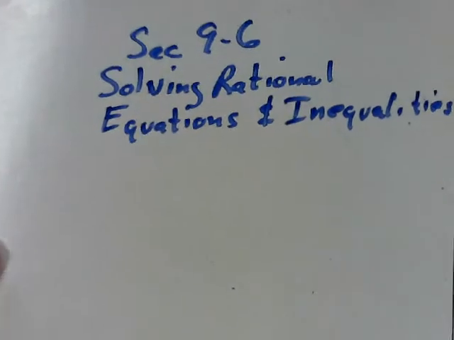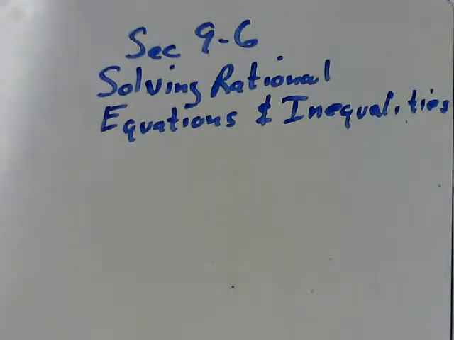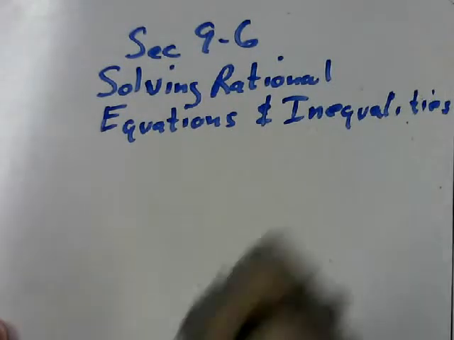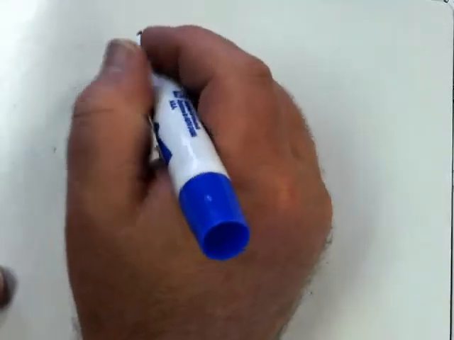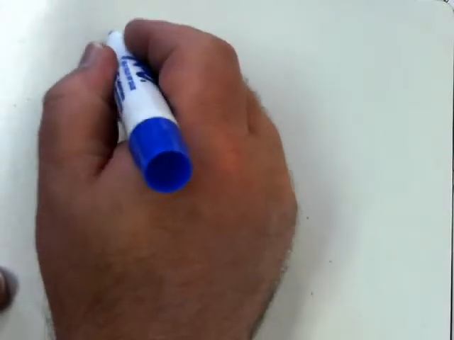What's the difference between an equation and an inequality? An equation has an equal sign, an inequality has greater than or less than. Okay. I need to take my notebook. So if I wrote this problem,